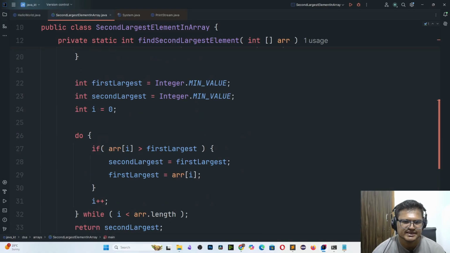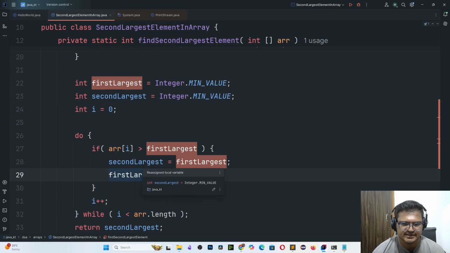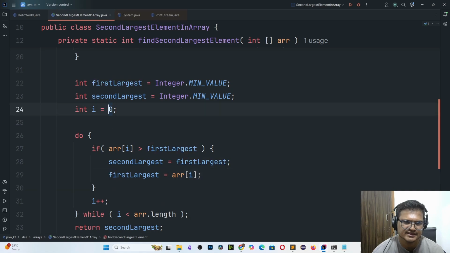So now the second largest element will be assigned with the first largest element, that is integer min value. Once the second largest element is assigned with the first largest element, the first largest element is assigned with the array of I, that is 1 in our case, and I gets